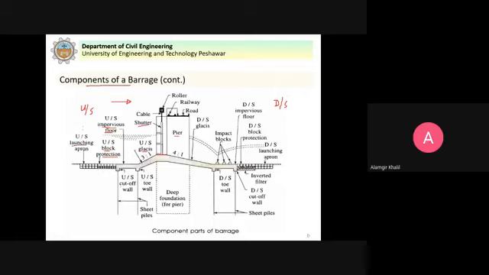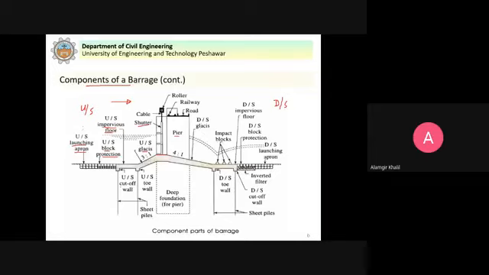The launching apron, again a protection work, and these serve against the uplift pressure and the scouring that can happen because we have constructed this structure on alluvial soil, permeable foundations.